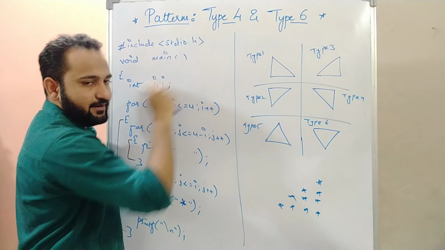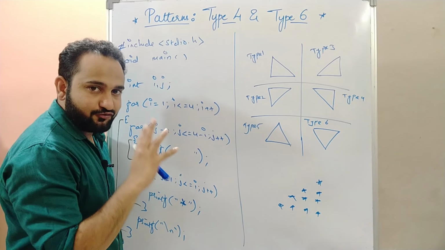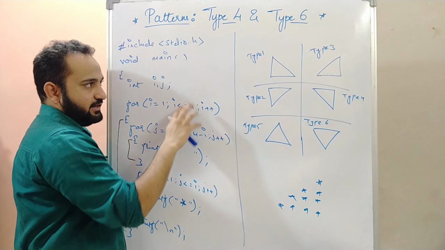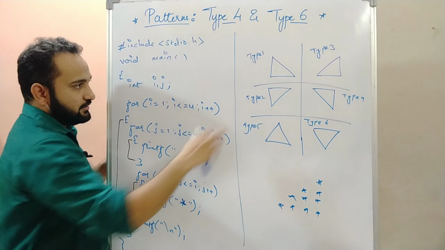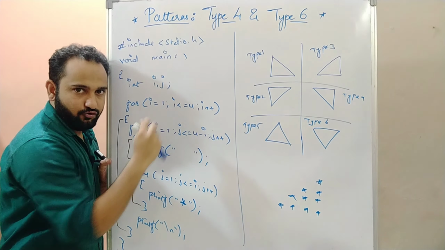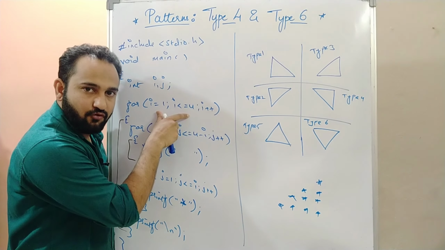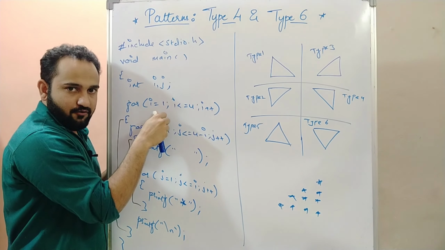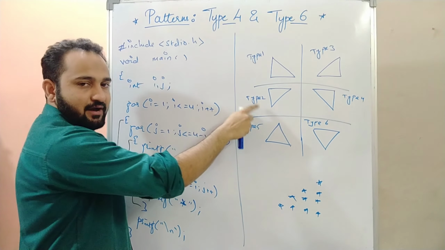For the invert of type 1, what we have done, remember, is invert our outer for loop. When we go from 1 to 4, you will be getting all the inclined patterns, this pattern and this pattern, when your i is iterating from 1 to 4. For all inverted patterns, you need to invert your outer for loop. Remember, for type 2, we just changed the value of i, it now iterates from 4 to 1. Clear?